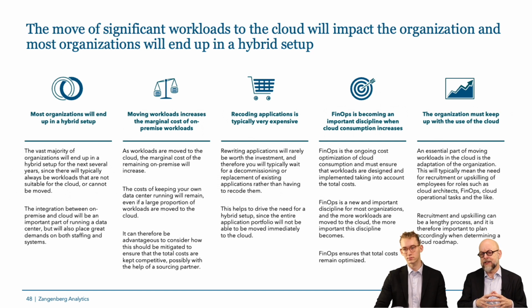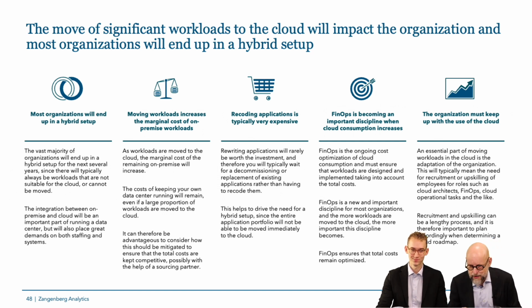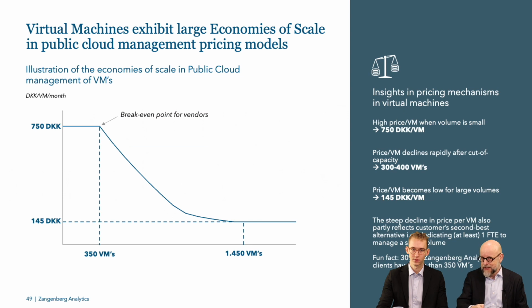These services are getting more and more standardized in the market. They're not fully standardized, but they're getting more standardized. And by that, we also begin to see prices that we can compare and build into our benchmarking model. And this is breaking news again. So we will now share with you some of the insights on the pricing, and we find it quite interesting. And this is the ski slope, or the ski hill, or whatever you call it, on the pricing